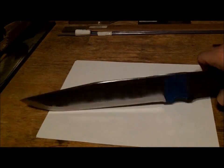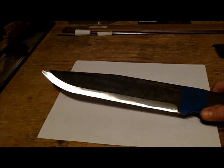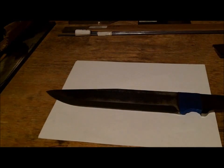Alright guys, so I'm going to take a break right now. Got to do some other things, but as you guys can see in the videos, sometimes I go from sander to sander and I change it up. The reason is that I don't have a Burr King or something that is really going to be beneficial to knife making. Those machines cost anywhere from $1,000 to $4,000, and I just don't have that money right now. Hopefully